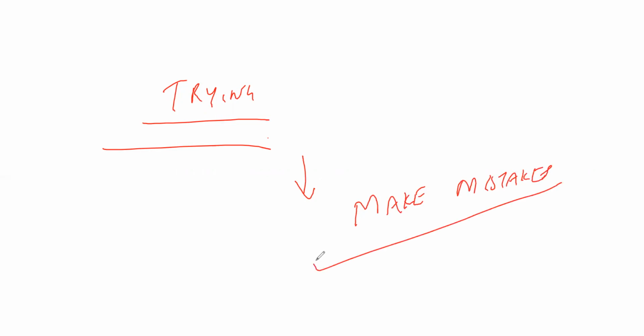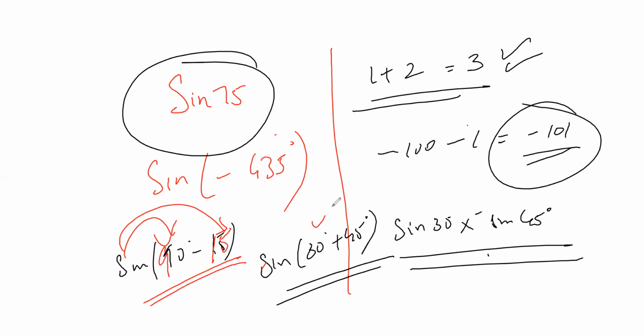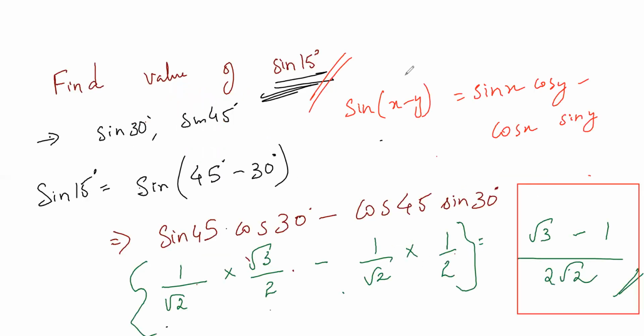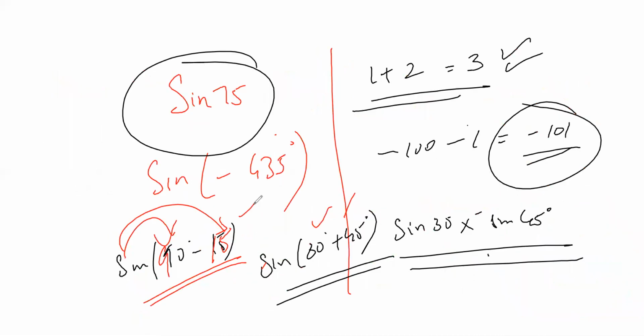Okay, fine. So we should use 30 plus 45. Then it is coming 75. 30 and 45 degrees we know. But since you already know the sine 15 value, you can put it. That is also a good thing. Root 3 minus 1 by 2 root 2. If you know the sine 15 value by heart, I'm very happy. You can go with 90 minus 15. So you have to try that and then get the answer done for this. Clear, everyone? Yeah.